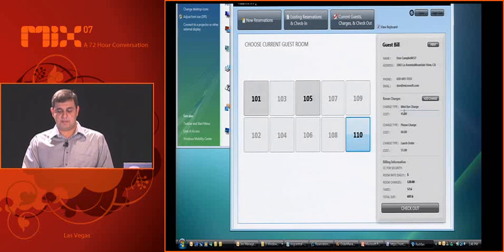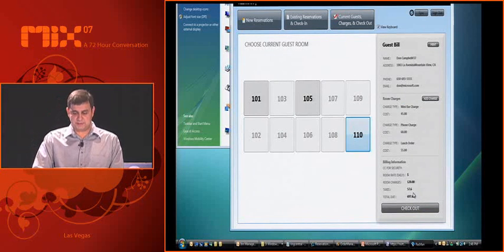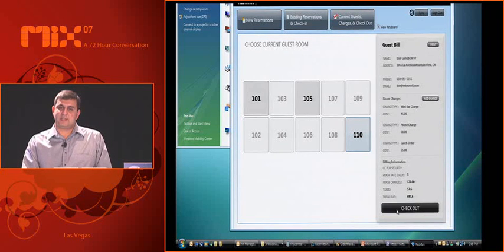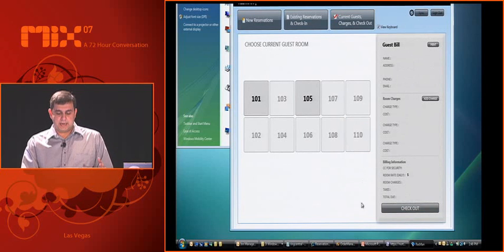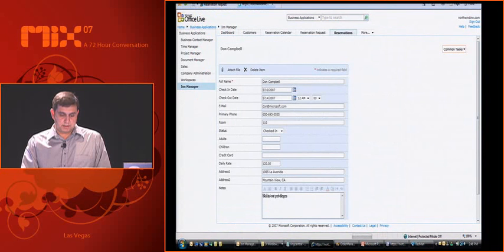I see he's been using the minibar a lot and making phone calls. And then his total is here. Then I make sure everything is okay, and I charge his credit card and say check out. Once I hit check out, the room will become available again in this tool. And then if you go back to the site and refresh it, you'll see the status change from checked